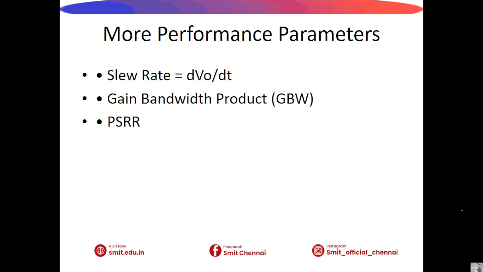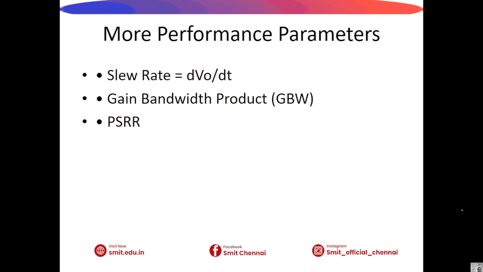It states that as gain increases, bandwidth decreases, and their product remains approximately constant. Finally, the power supply rejection ratio, or PSRR, measures the ability of the op-amp to reject fluctuations in supply voltage. A high PSRR ensures that changes in the power supply do not